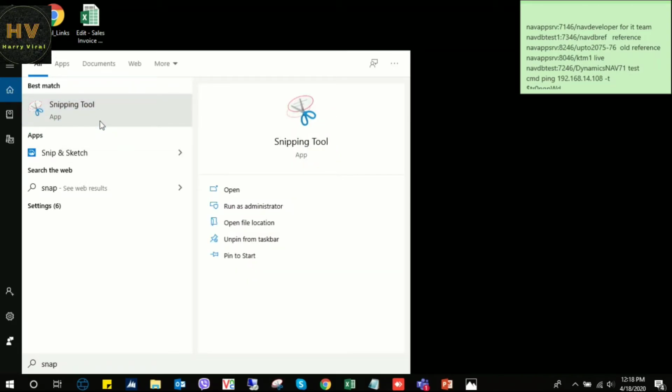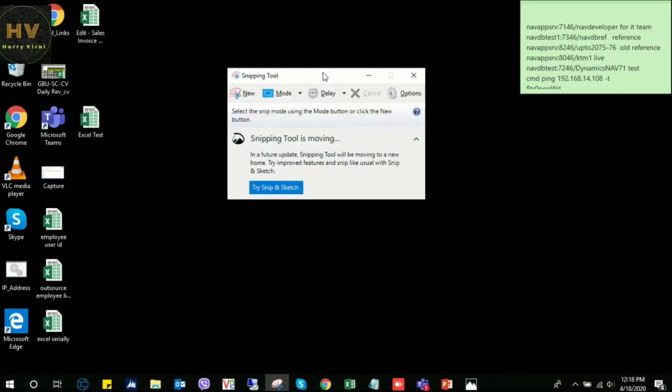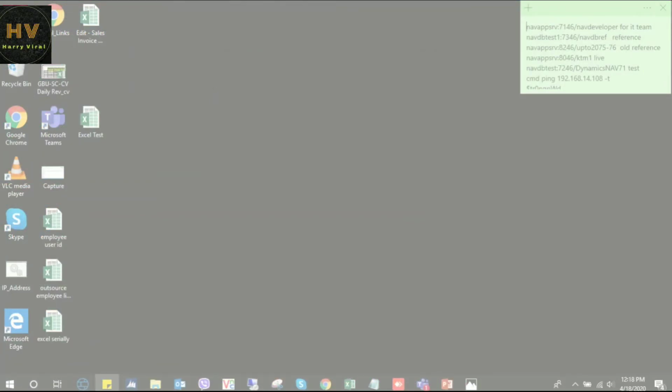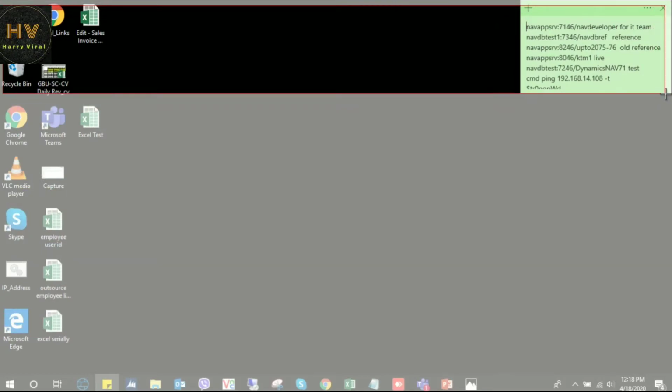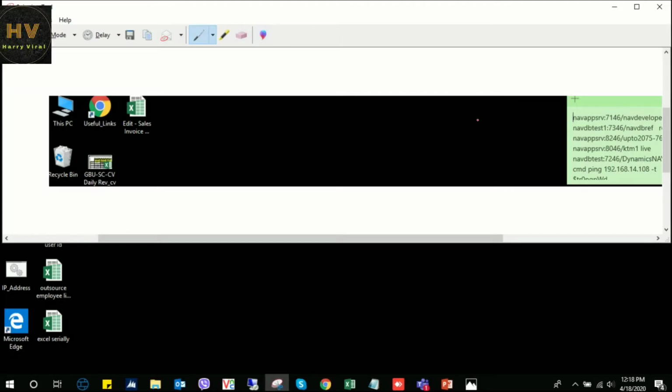By clicking here you can choose New and select the area that we want. Suppose I need only this much, then clicking here is the screenshot which we have taken, and we can save